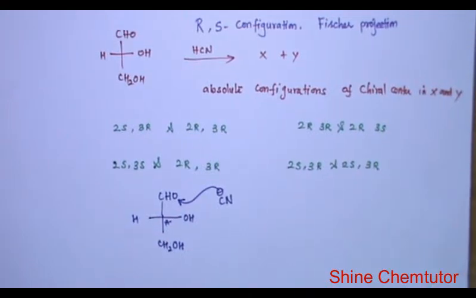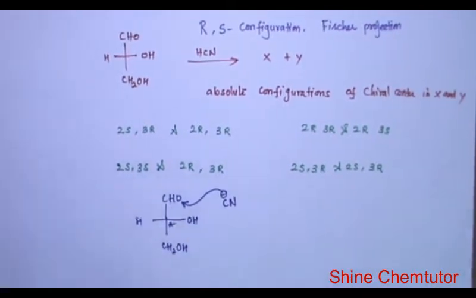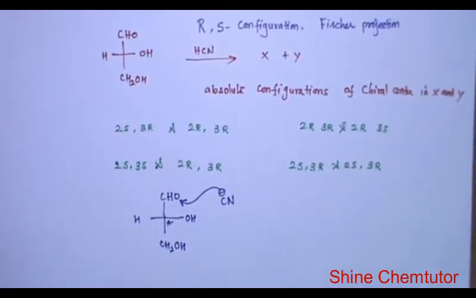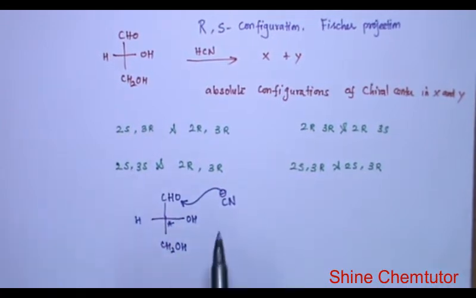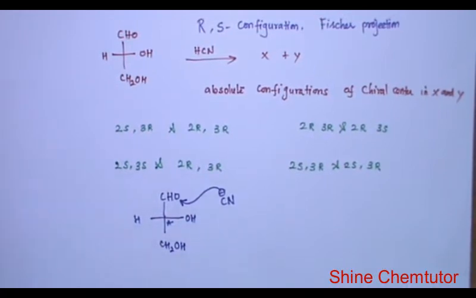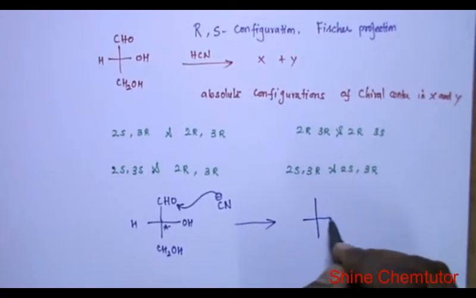First, let us try to understand the reaction. CN minus attacks the aldehyde to give the cyanohydrin. Since it is an sp2 hybridized carbon, the CN can attack the re face or si face of the carbonyl group. Because of that, you will get diastereomers. One diastereomer will be formed predominantly because of the chiral center that already is present in the molecule. So the product, whatever we get, will be like this.